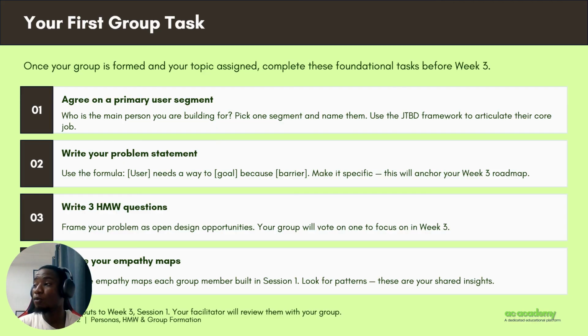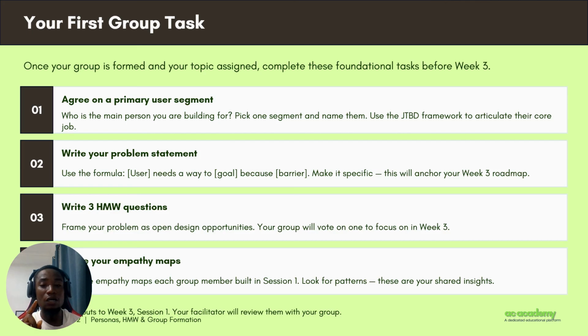You have to all pull the empathy maps you wrote down that you built from session 1. Now, as a group, you find your shared insights. You agree on a primary user segment and build your group's official user persona as a group, okay? Not individually. You decide and agree as a group,